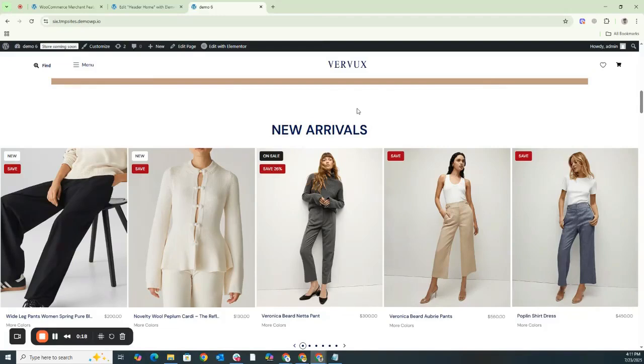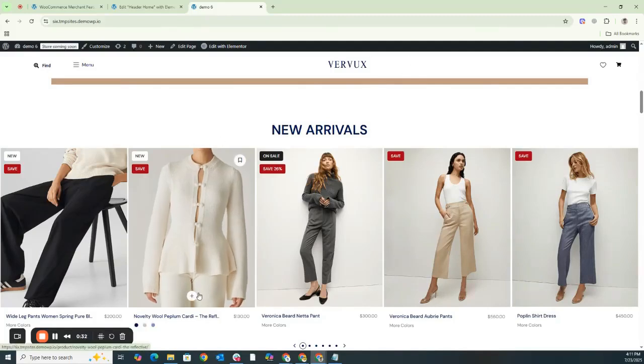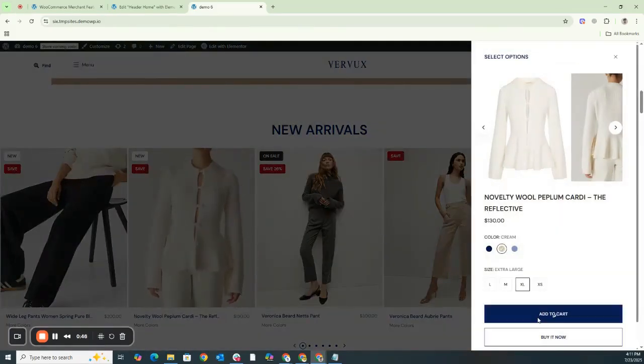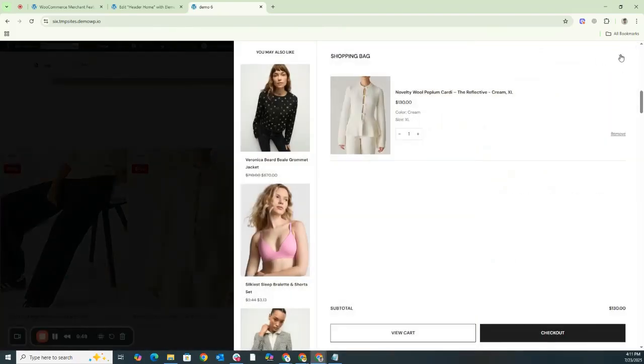Let's suppose you are exploring the shop page. There are multiple products there. If you like a product, instead of going through the entire process, you simply want it to be added to the cart. So you have that option. If you hover over any product, you'll see there's an add to cart option. When you click on it, the product will become visible in your cart. Select the variation and add it to the cart.